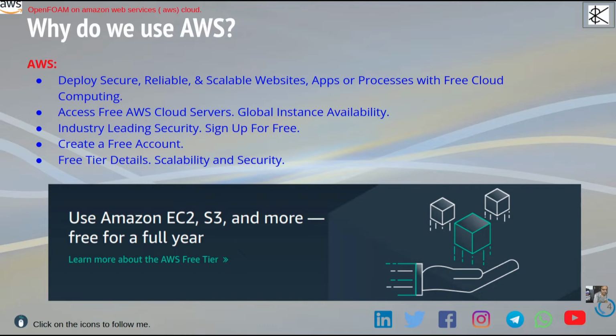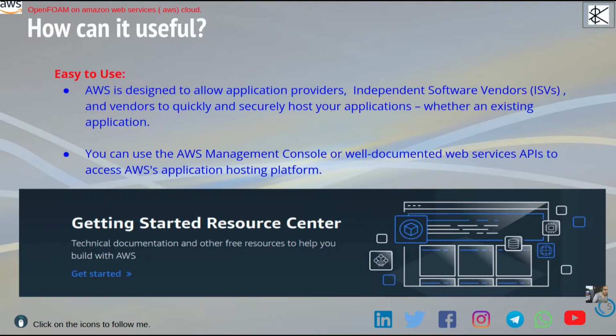It has industry-leading security, you can sign up and create a free account, with free tier details and scalability. Free tier means AWS provides limited time so you can access their service up to certain hours. I'll talk about the free tier details in the next few slides.